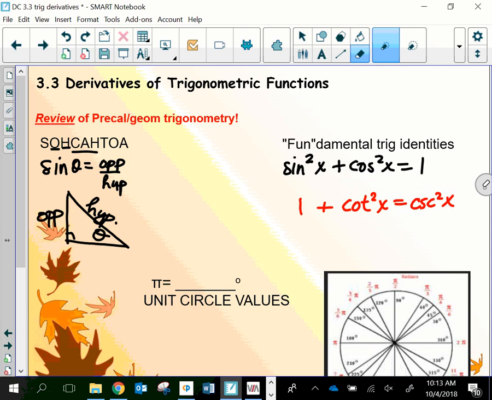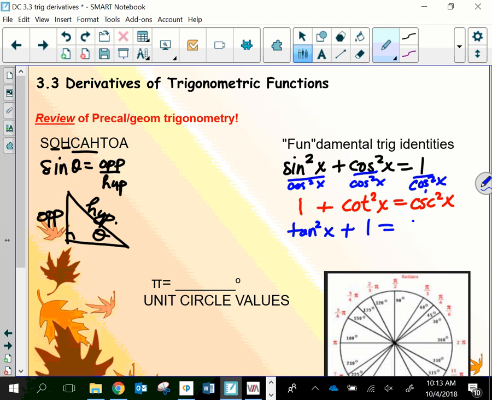These are the ones that I know you had a page of them, a list of identities, but those were not on the page. This is the piece that you're supposed to know. If I divide by cosine squared, then I get, what's this? Tangent squared plus 1 equals secant squared. So those are your 3. I guess they call those Pythagorean identities because they come from